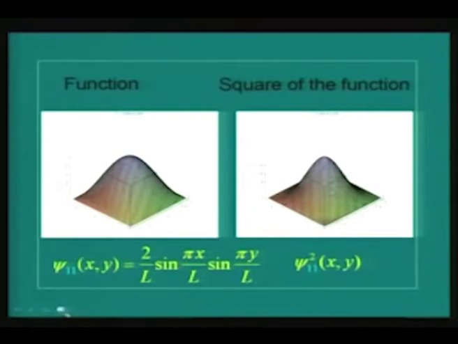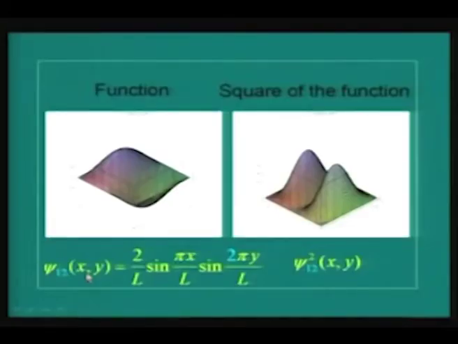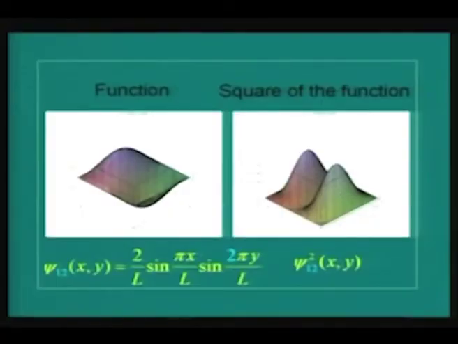What is the next wave function? Psi 1 2. Psi 1 2 is psi n1 n2, meaning n1 is 1 and n2 is 2. Along the x direction, the wave function is root 2 by L sin pi x by L. Along the y direction, it is root 2 by L sin 2 pi y by L. Therefore, you get a 2 by L. So what you have is sin pi x by L sin 2 pi y by L, which tells you